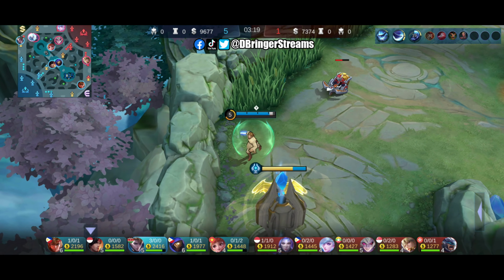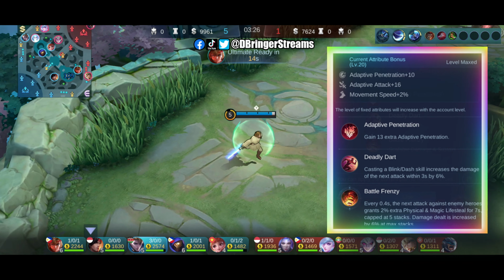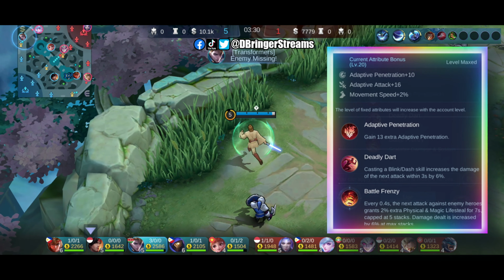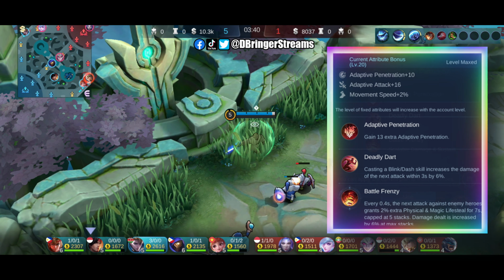Which brings me to my second favorite talent configuration. This also I believe is best used when playing Alucard as a jungler. It's pretty much the same as the first talent set I showed earlier. The only difference is I equipped Battle Frenzy instead of Master Assassin. I just don't see Master Assassin as useful if you are battling 2 or more enemies 60% of the time